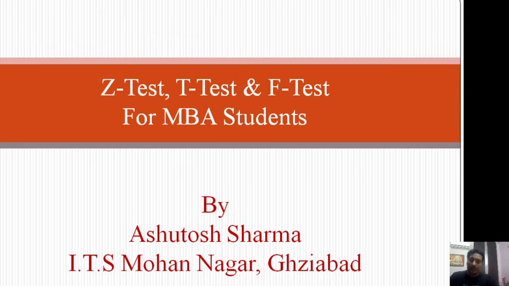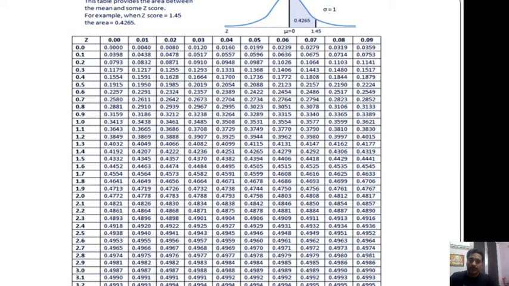In a very short summary, I'm going to brief you all on what Z test, T test, and F tests are, taking some examples also. So come to this, your area under the one-tailed standard normal curve. I've told you about this, how we check values for different levels of significance. Here, as you can see, the value of Z